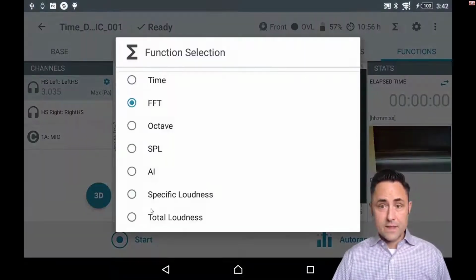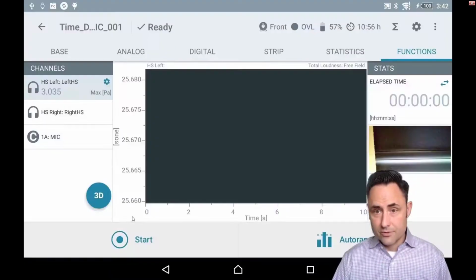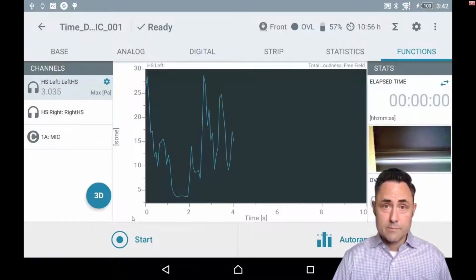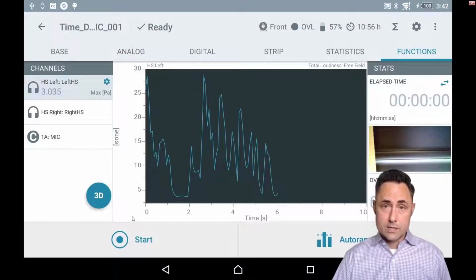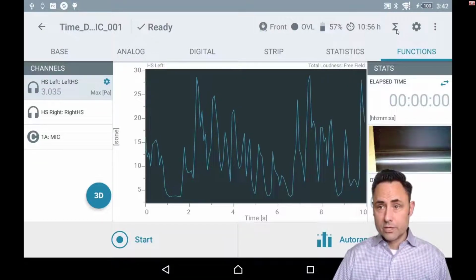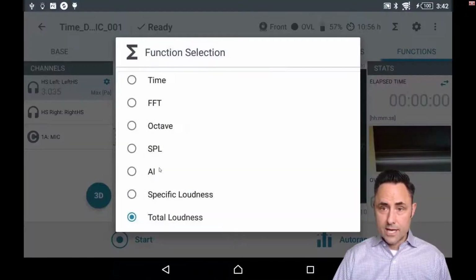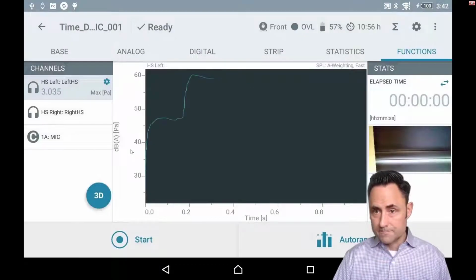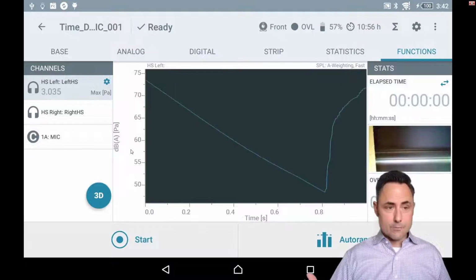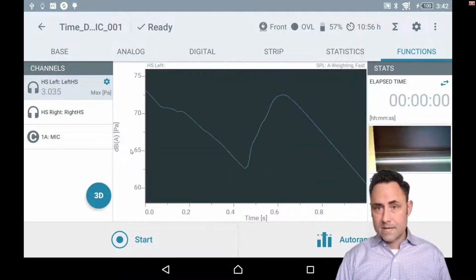I can also see things like total loudness. This is loudness in sones, a sound quality metric for the perception of loudness versus time. Really nice if that's what I want to look at. I also have sound pressure level. This is just an A-weighted LAF sound pressure level versus time, and I'm ready to rock.